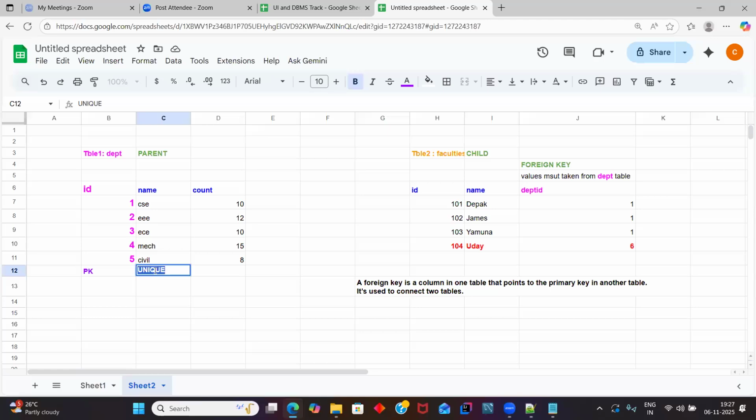Then maybe you're thinking that sir, then I can give primary key. Can I give primary key? No, sir. Why? Only one primary key in a table. Correct. Then the last solution is